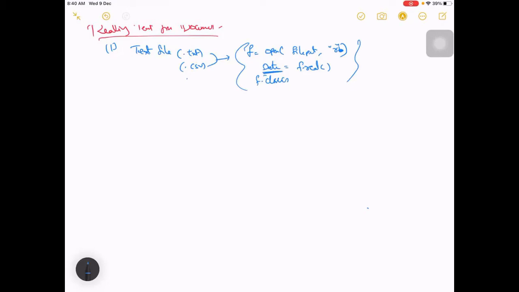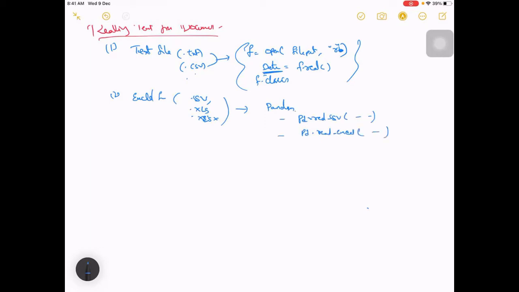But in case of csv as well, you can give the same thing, or maybe for excel files, here as well you can use csv, or xls, xlsx, or any other tabular data. So you can use pandas. In pandas you have pd dot read csv and give the file path, or pd dot read excel and give the file. So like this you will be able to do it.